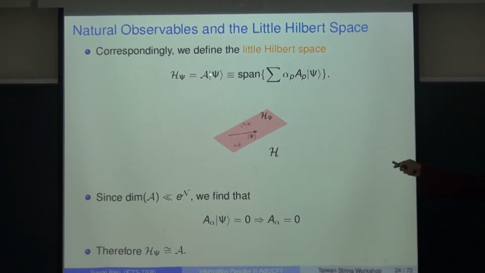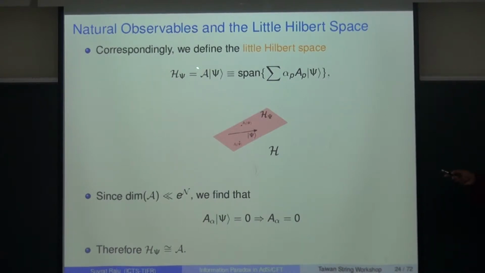So the little Hilbert space corresponds to taking the base state psi and acting on it with all of these possible excitations. So this is roughly the set of excitations of the initial state that the infalling observer can explore. And this is the Hilbert space that's relevant for the infalling observer. So the infalling observer falls into a given state, and he can do some set of experiments. And this set of experiments allows him to explore some subsection of the Hilbert space, which we call H psi, which basically involves taking psi and acting on it with A. The reason it's called H psi is because it depends on the state psi. Okay. So you have psi and you can act with A1 or A2, and A's, remember, are products of these polynomials in the modes.